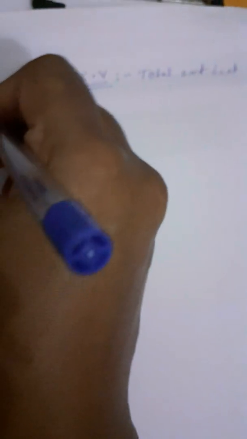Hello dear students, in my previous video I was discussing the calorific value of a fuel. In that, we have two types. Let us revise the thing. The calorific value is nothing but the total amount of heat energy released when a unit weight of the fuel is completely burned in excess of air or oxygen.